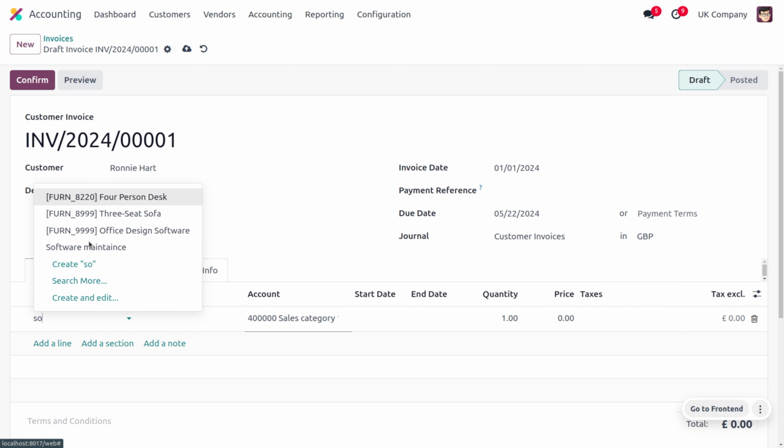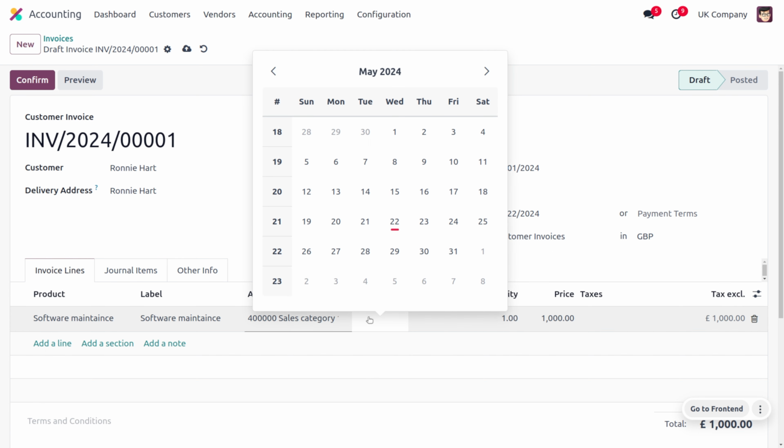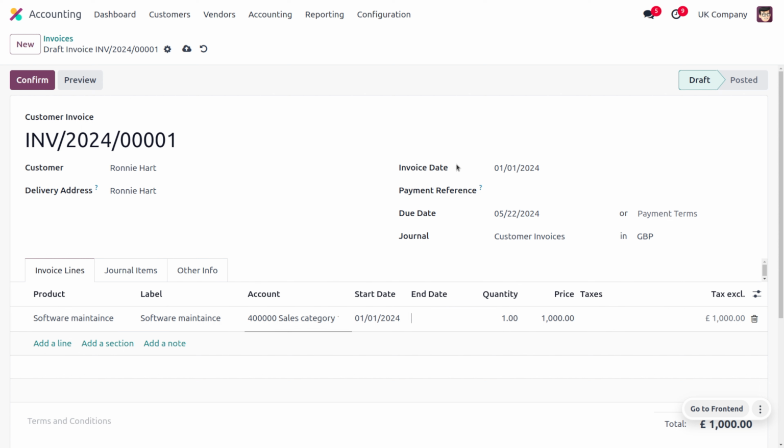So you can search for software maintenance, and it has 1,000 as the price for the maintenance of software for 5 months. Now, here you can see it is mandatory to set the start date and end date. So the service starts from 1st of January and ends on 31st of May.